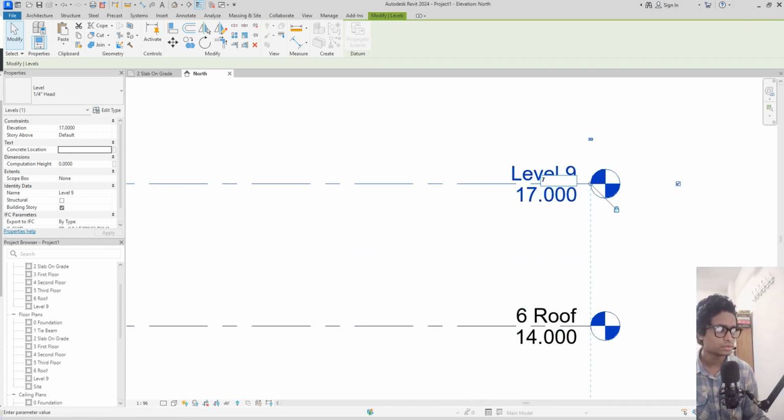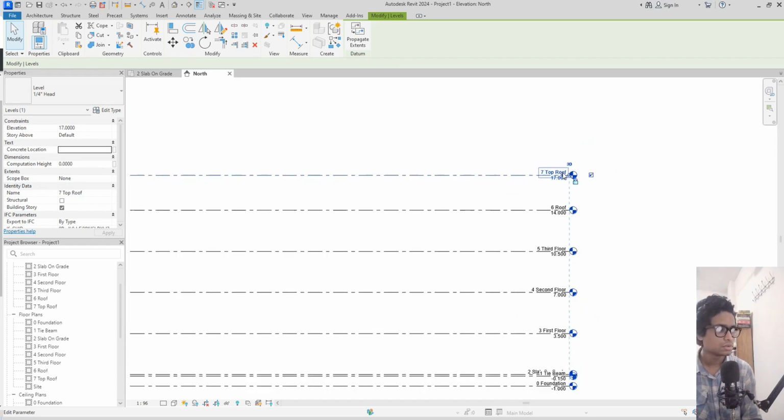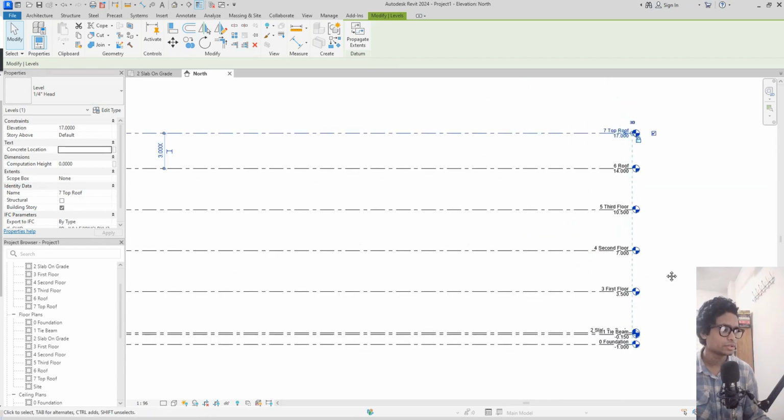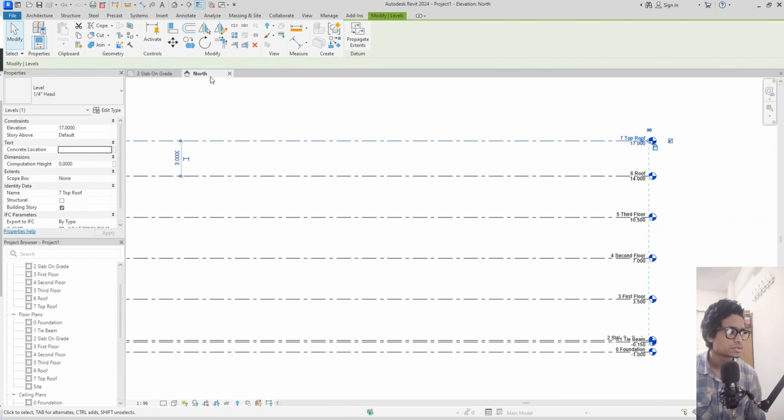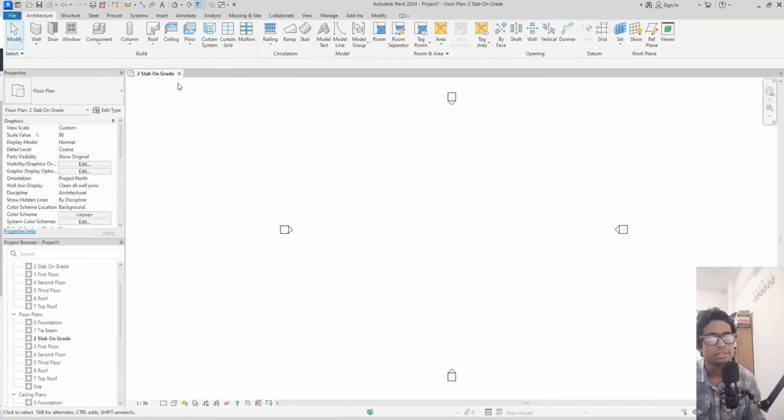Above that, there will be top roof. All right, all the levels have been created. Now I will